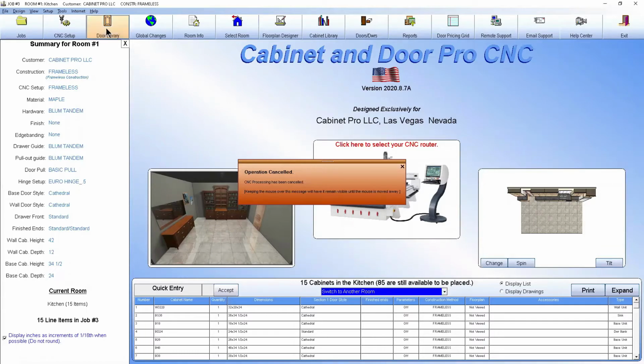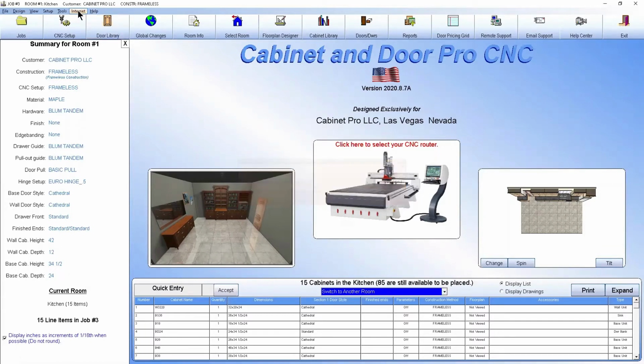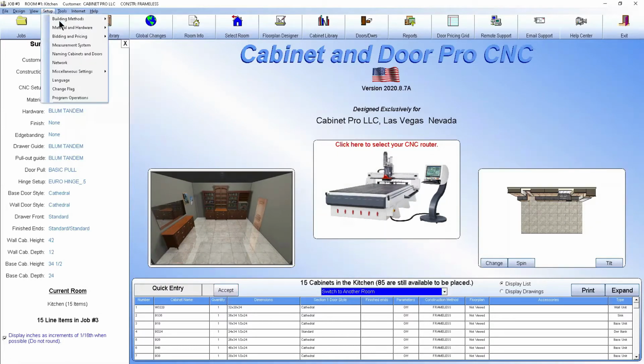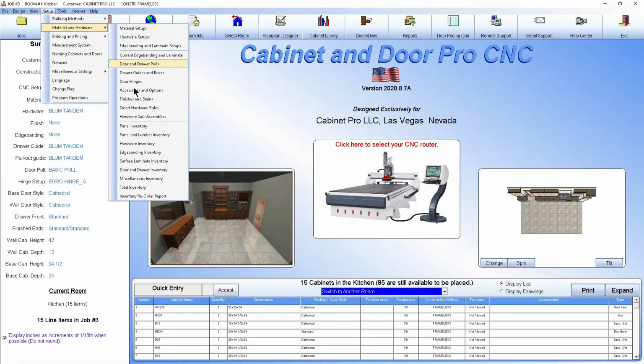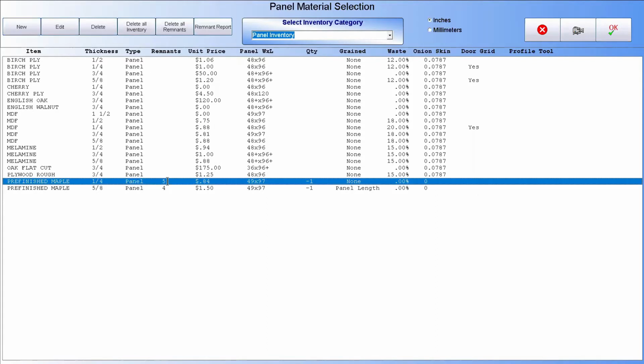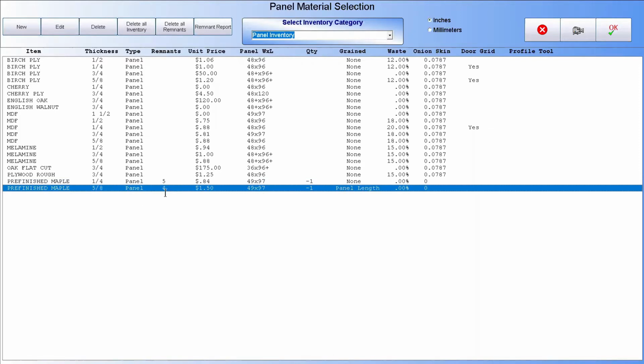But before we do the same thing, I want to go into inventory and show you something. If we go to inventory, setup, material, and let's just go to panel inventory, right here is remnants. All it does is tell you how many remnants you have for that particular material. Notice for pre-finished maple, 1/4 inch, we have 5 remnants. For 5/8 pre-finished maple, we have 4. Now, where are those? If I hit the edit button,